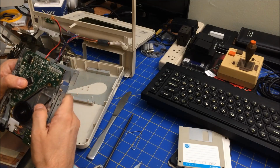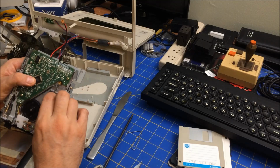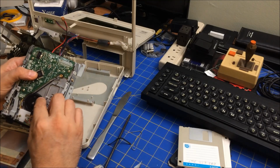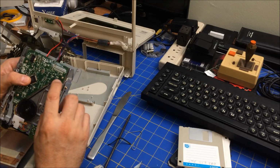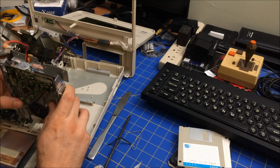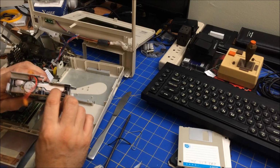So I might have to... Oh, the belt's bad. Okay, so that's something that's easy enough to fix, I suppose. Whoa, that actually had come completely apart. So this is a belt drive. Interesting. And unfortunately, it doesn't look like you can easily replace